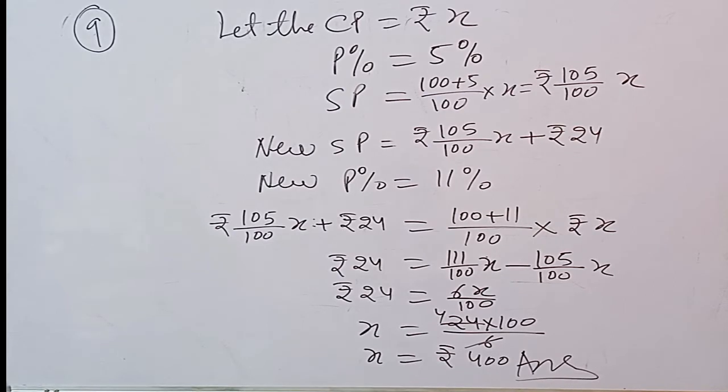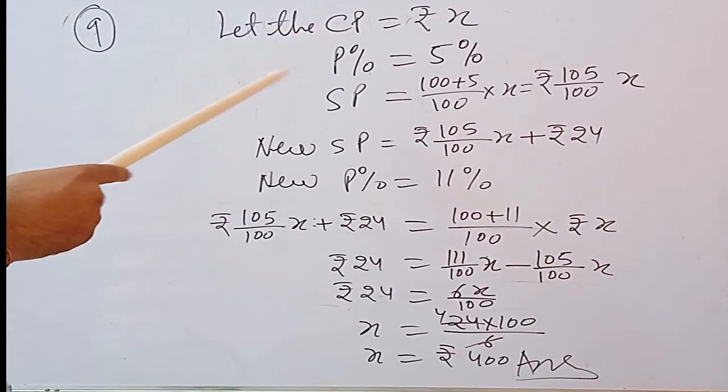Children, I am taking question number 9 of the same exercise. Raju sells a watch at 5% profit. Had he sold it for rupees 24 more, he would have gained 11%. Find the cost price. So now we are taking, let the cost price be X and the profit percent is